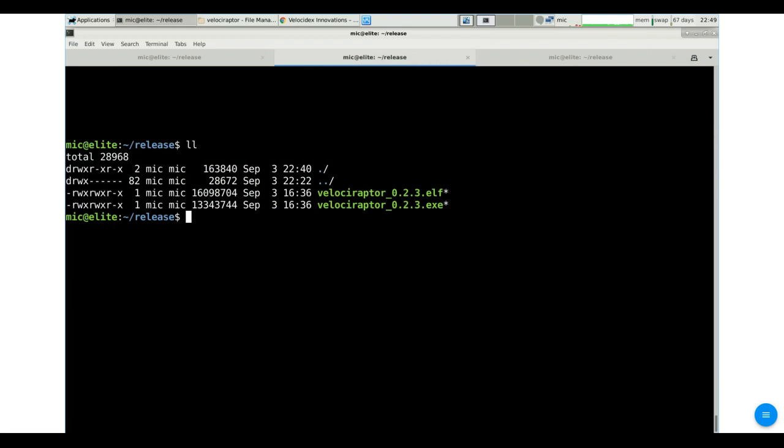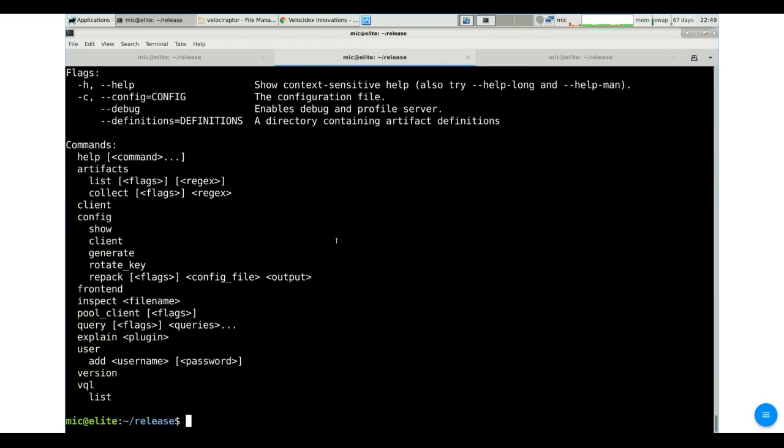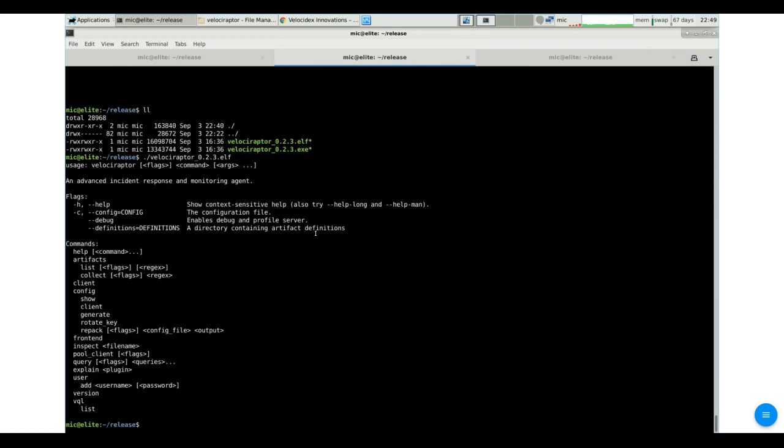So the first thing that we need to do is to create ourselves a server configuration, and it's very easy to do that. We will just run the binary. Everything is the same binary. It basically does everything in the same tool. And so the first thing that we need to do is create a new configuration, and that basically creates new keys. So we can just config generate, and this will basically create our own unique